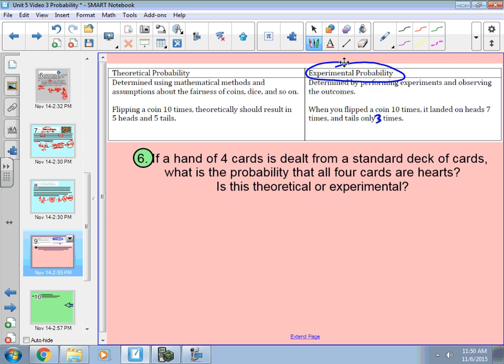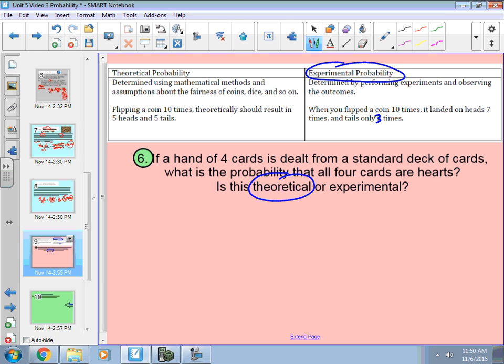So for number 6, they want us to answer, is this a theoretical problem or is this an experimental probability? So let's read it. It says, if a hand of 4 cards is dealt from a standard deck of cards, what's the probability all 4 cards are hearts? Is this theoretical or experimental? Well, they didn't actually do this yet. And so if they haven't actually done it, it's always going to be theoretical. If they had actually done this a bunch of times and had some results, then it would be experimental. So this is theoretical,